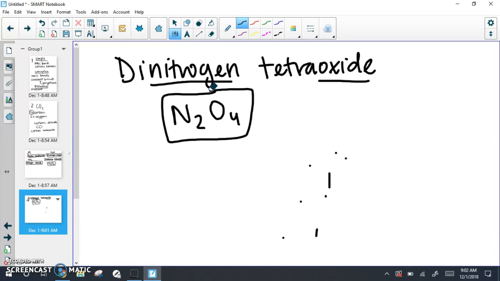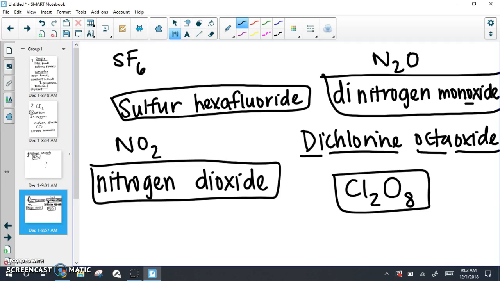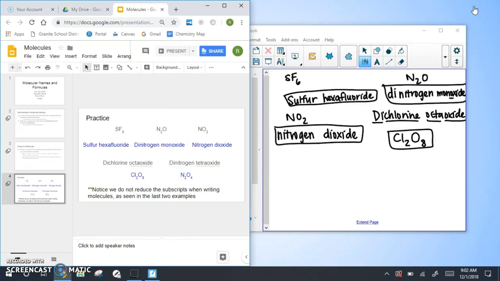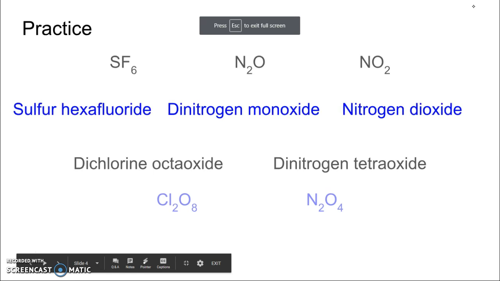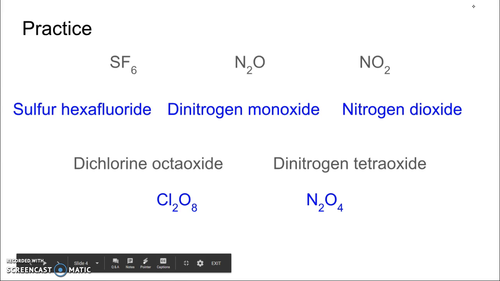Now you'll probably notice that there's kind of a trend going on. This is probably the easier of the naming rules for students to learn, just because it's fairly simple and you just add a bunch of prefixes. I want to outline a couple of things for you. Notice we dealt with 3 different examples that dealt with nitrogen and oxygen just in different ratios. And so notice that when we have different ratios of things, 2 N's, 1 O, 1 N, 2 O's, 2 N's, 4 O's, all of these different combinations give us different names, which stand for different compounds that have different